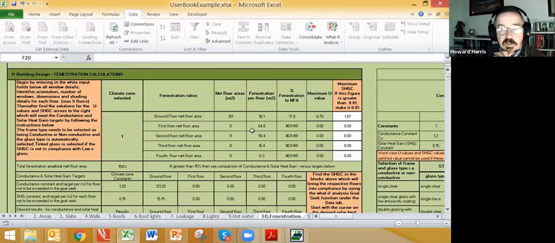So this building comes into compliance very comfortably,